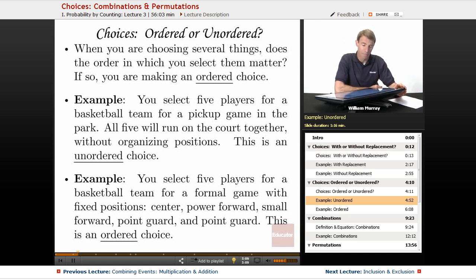So let's suppose, first of all, that this is just a casual, friendly, pick-up basketball game in the park. So we just go out to the park. There are no really formal formations. We're just going to get 5 people. They're going to run onto the court. They're going to throw the basketball back and forth, and somebody's going to shoot the ball for the basket. That means we're going to pick 5 people, and we're going to throw them onto the court just sort of